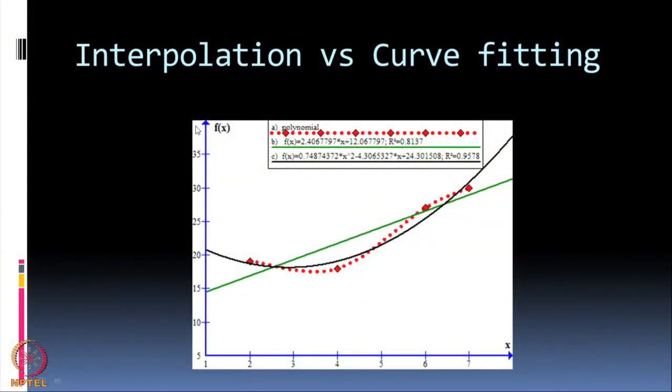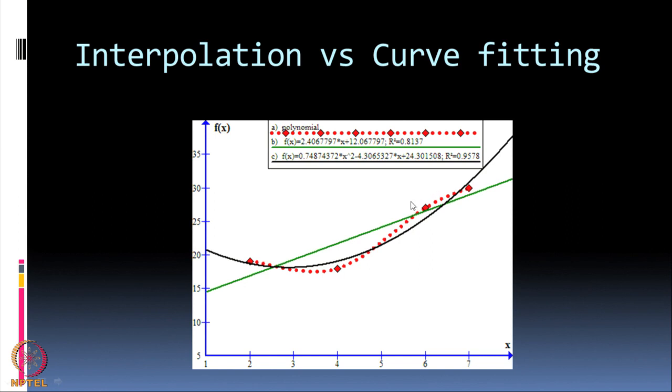Interpolation is a method where I have data points. Here on this screen I have given 4 values of data points. These red diamonds are my data points. This is the first data point, second data point, third data point and fourth data point. What interpolation does is connect these points through some smooth function. Remember that I do not know the value of this function at any points other than these 4 points. All I know is these 4 points. So, I want to draw a smooth curve which goes through those points.